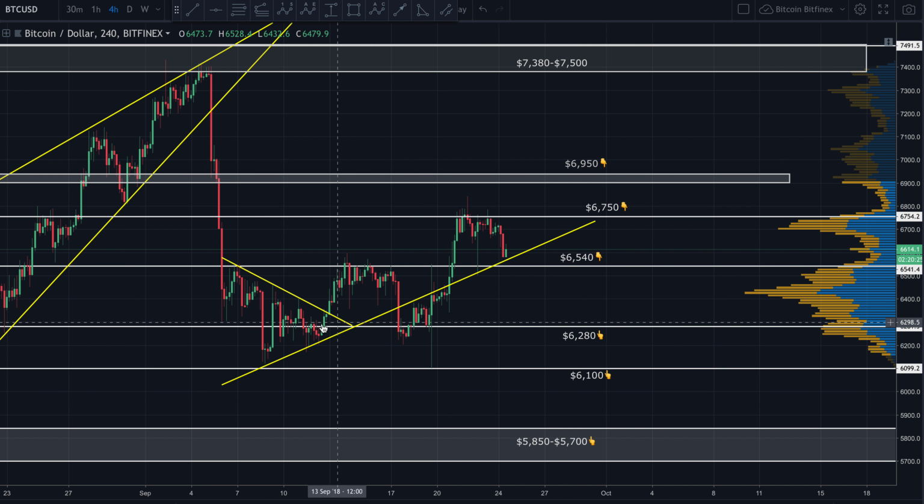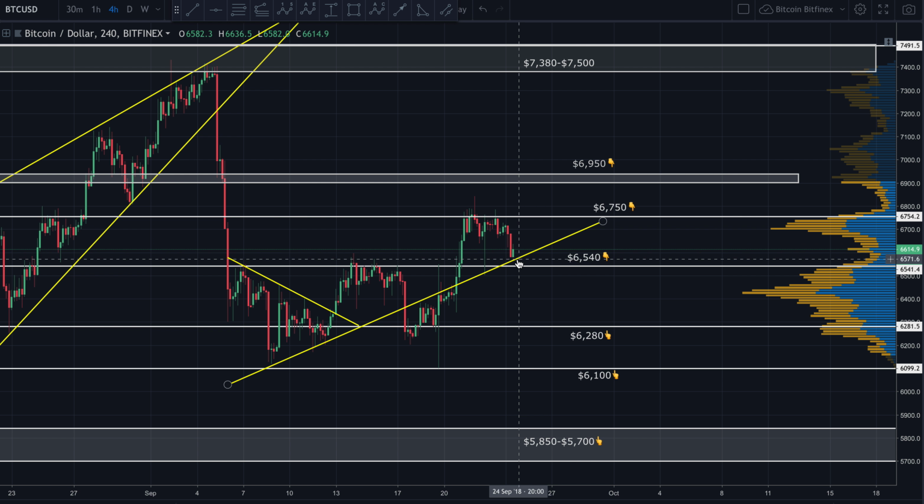It was acting as resistance here, and initially when it was created, it was acting as support in this wedge pattern back here. Extend that line out. We can see it's now acted as support 2 times on margin exchanges and 1 time on non-margin exchanges, this being the first time today. Price did end up breaking down. This little wick here was the first time on margin exchanges. That didn't show up on exchanges like Coinbase or Binance. It only showed up on margin exchanges like Bitfinex. But this obviously showed up on everybody's